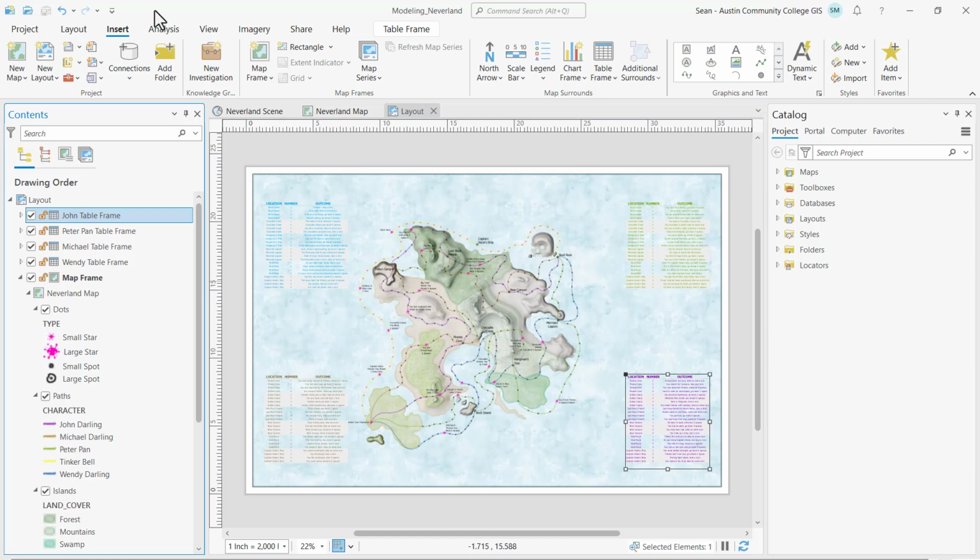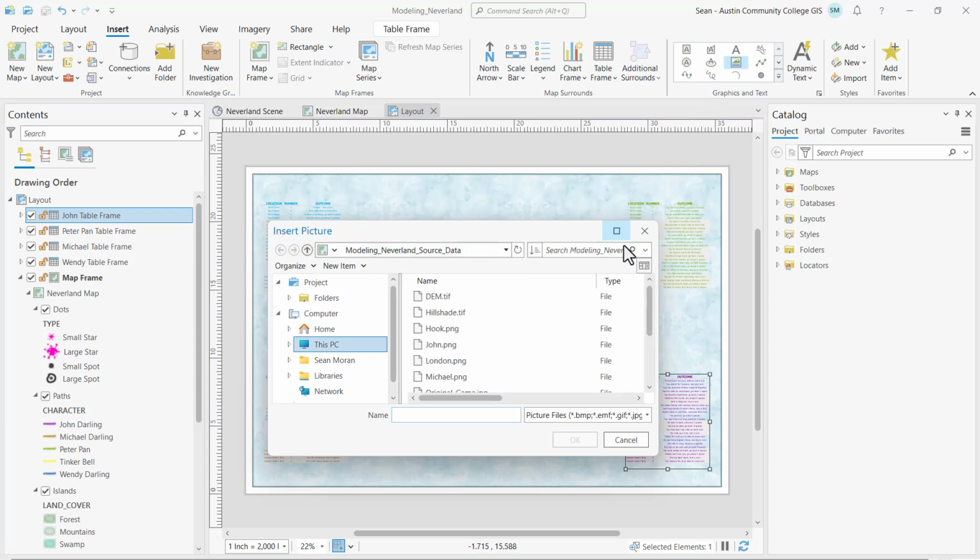In task 4G, we'll insert images. We'll add cartoon images of Wendy, Peter, Michael, and John above their respective table that will help game players more easily identify their character outcomes. And we'll begin by activating the insert ribbon, and in graphics and or text, click on the picture button. And in the insert picture window,